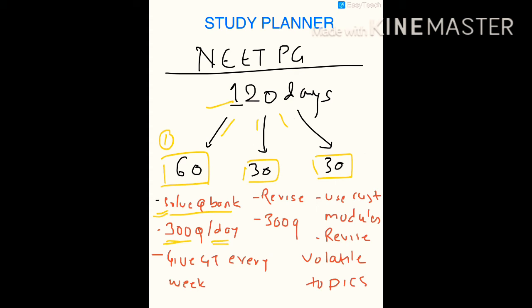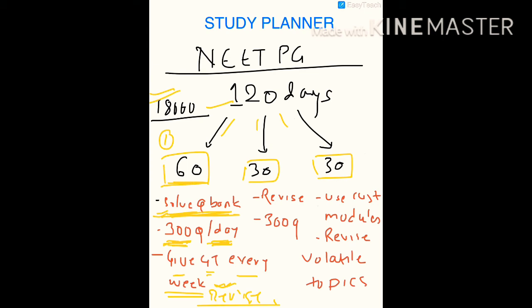I'm giving you this study planner assuming that you have not read your notes or anything else yet. So assuming that you're starting from the month of September, that is September 1st. There are almost 18,000 MCQs in the Marrow Q bank. So if you solve 300 MCQs per day, you can easily complete the Marrow Q bank within 60 days. So solve 300 MCQs per day anyhow, and along with that give GTs every week, and revise the topics and the explanation given in the GTs.